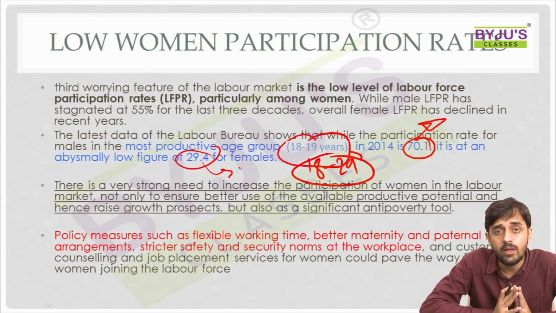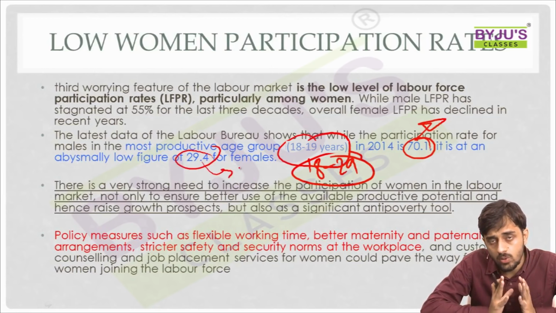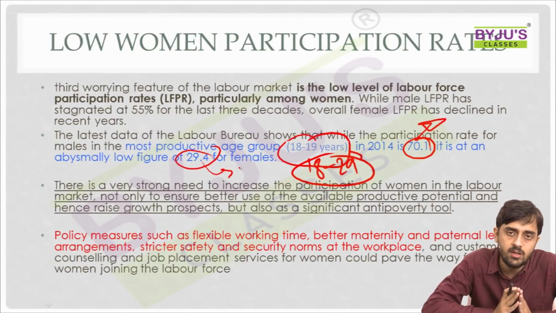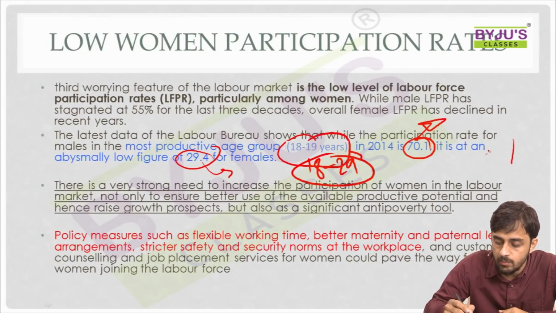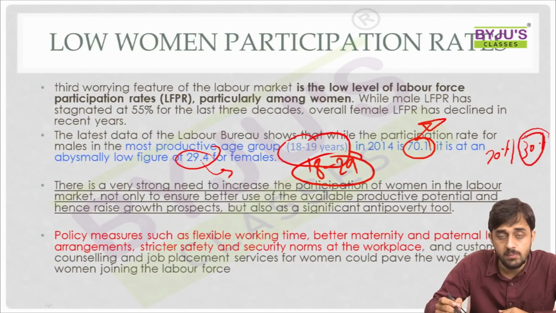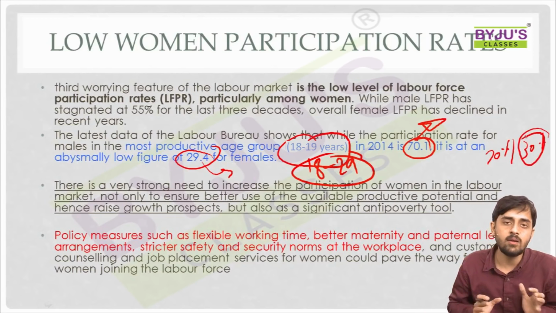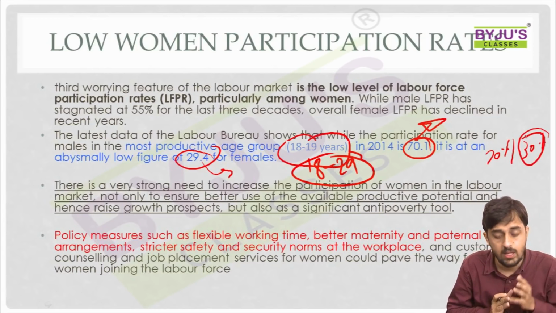So you see, of the total number of workers from the 18 to 29 year age group, there's a vast disparity in the amount of jobs which are available to females as compared to males. And so 70% of the workers are males and only 30% are females. So there's vast gender disparity within the labor market itself, an important issue of concern, and which needs to